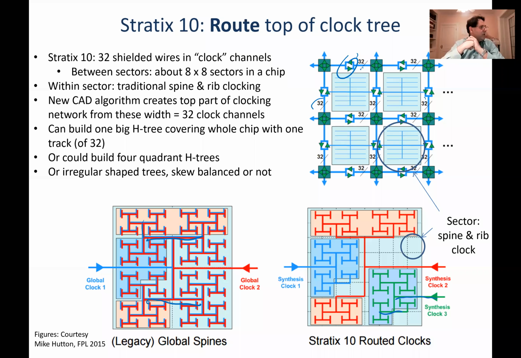And Michael's asking, can you replicate the fractal indefinitely? Yeah, so an H tree is essentially a fractal pattern. You're right. You just keep doing it. Basically, what happens with an H tree is you could replicate it till you're down to a single logic block,